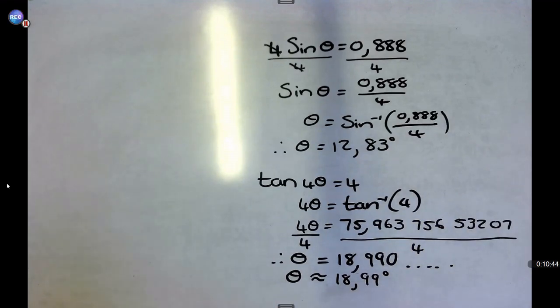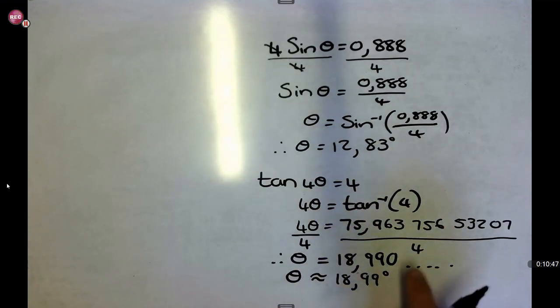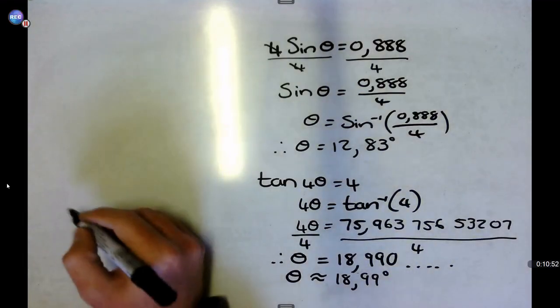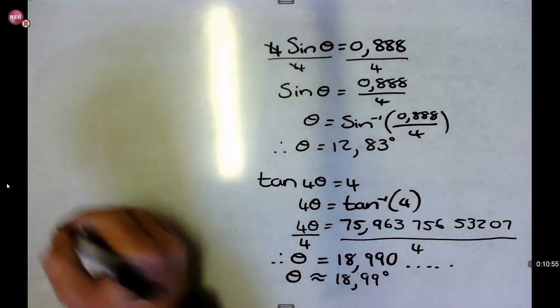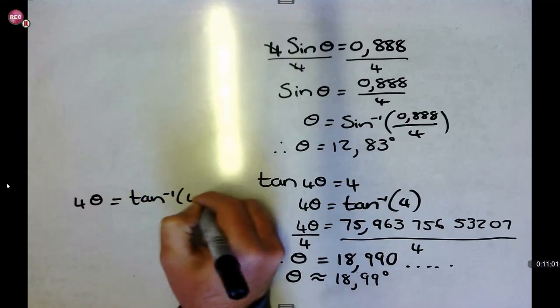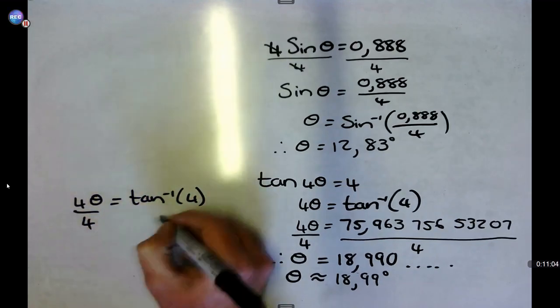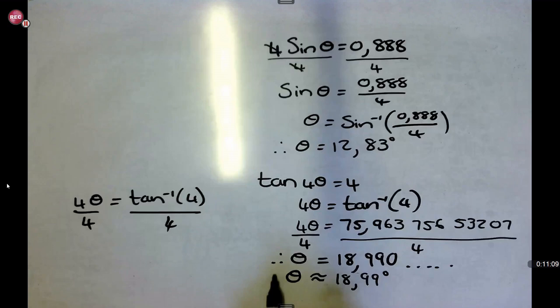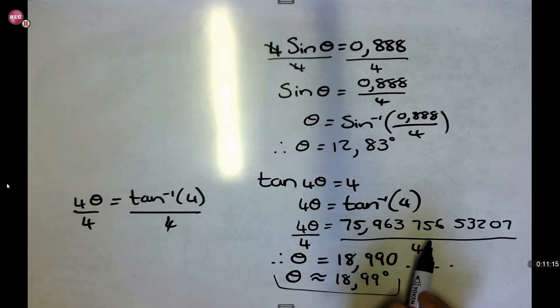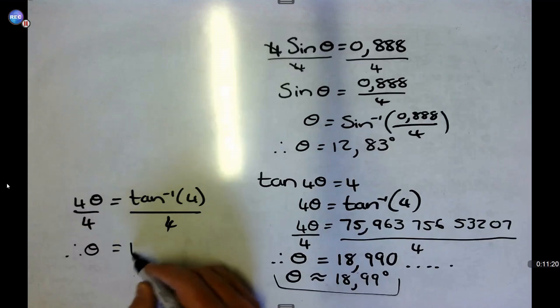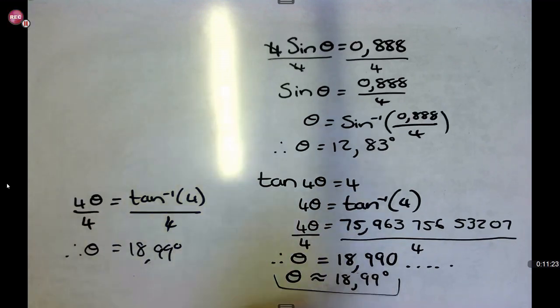There we go. Okay. Another way that you can look at this is the following. So instead of doing this whole massive step here, you can take this step, which is over here. The 4 theta equals tan to the power of -1, 4. And you can go and divide immediately by 4. It will take this whole step out. Because at the end of the day, you're only looking for the answer. You don't care about all of this. You're looking for the answer, and also spare you some time in your paper. So therefore, if you follow this step, you'll still get that theta is equal to 18,99 degrees. So there's 2 ways that you can do it.